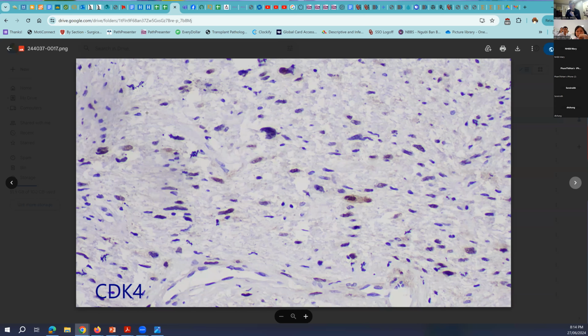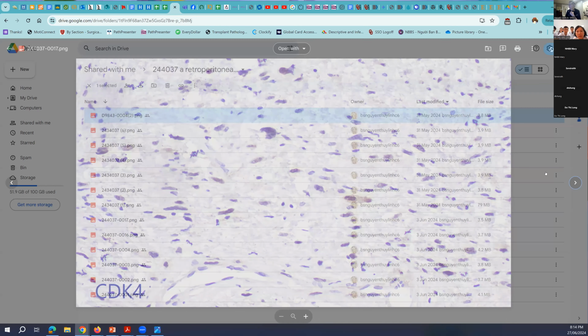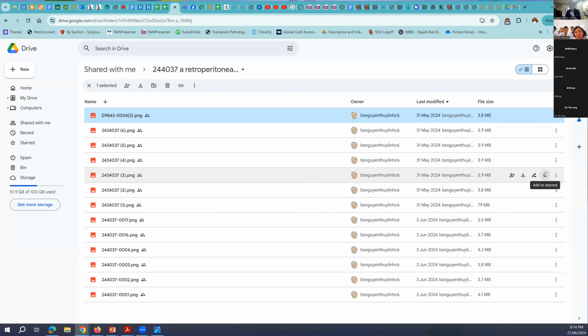So here's the CDK4, and you can see that has a nice nuclear and some cytoplasmic staining on many of these. CDK4 positive, some tumor cells, not all. Yeah. And that's okay. You don't need to see it in all the cells. I would say, I don't know exactly the numbers, but I think CDK4 is positive in about 75 to 80%